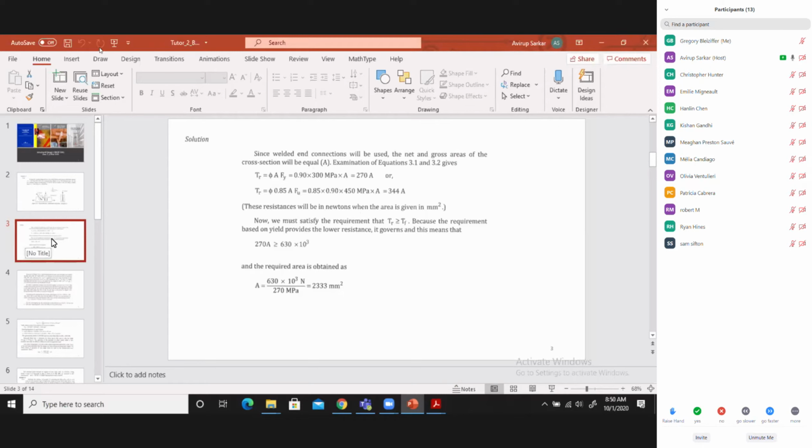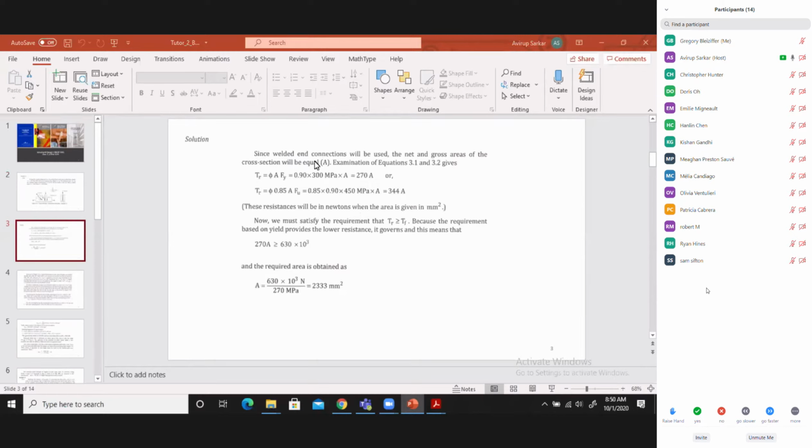in the cross section area at the location of the holes or at the location of the bolts. Okay, and that's why we need to do the calculation of gross and net cross section area for the sections for bolted connections. But in welding, there is no such thing. There is no loss in cross section area as there are no holes required in welded connection, and that's why in welded connections the net and gross areas of the cross section remain equal.